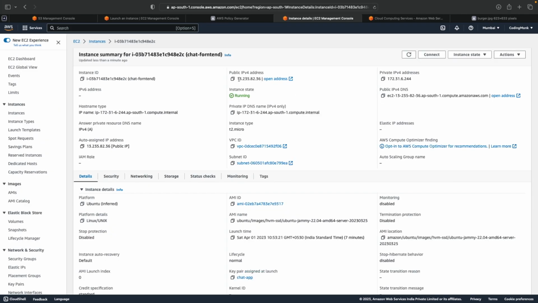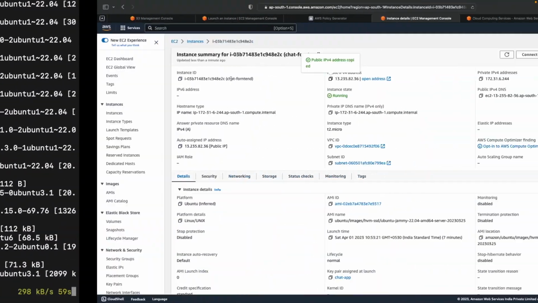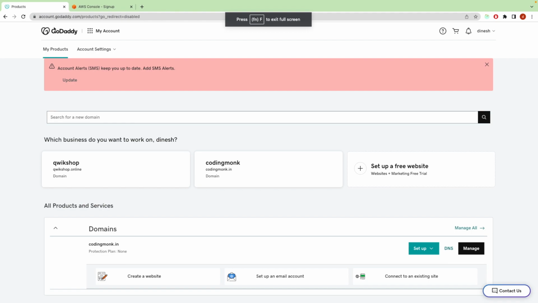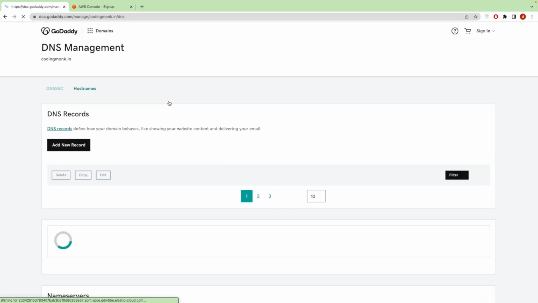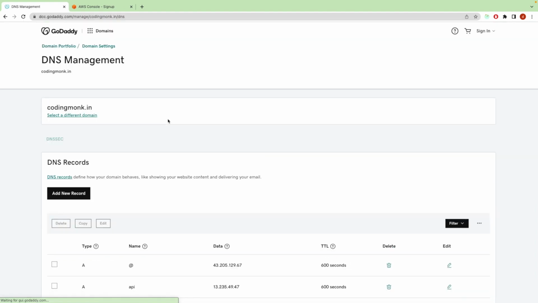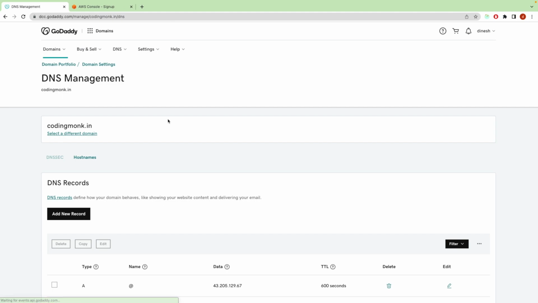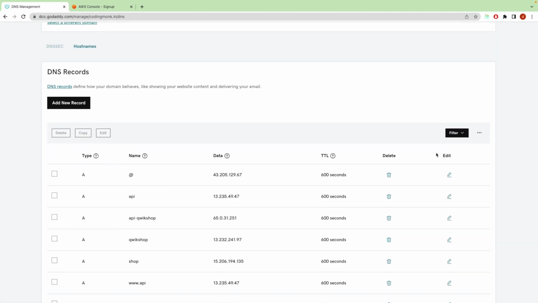Okay, then you have to copy this public IPv4 address. After that, you have to go to your DNS registrar. I have purchased my domain through GoDaddy, so I have logged into this. Here you can see I have this domain codingmonk.in, and I'm going to host our chat app on the subdomain chat.codingmonk.in. For that, I'll have to go to DNS records,